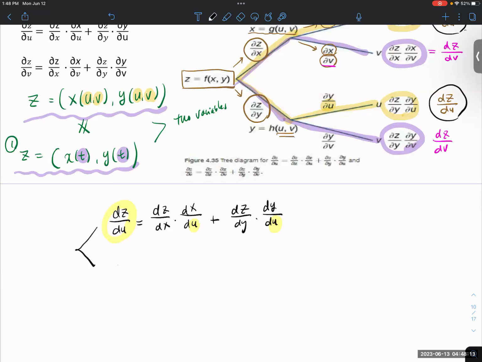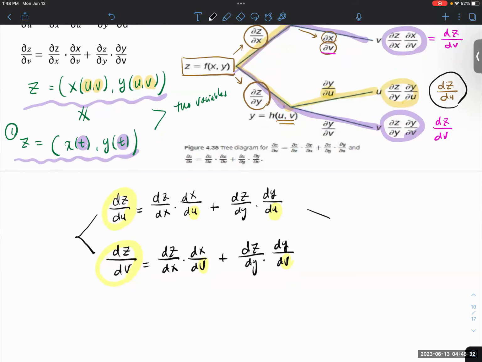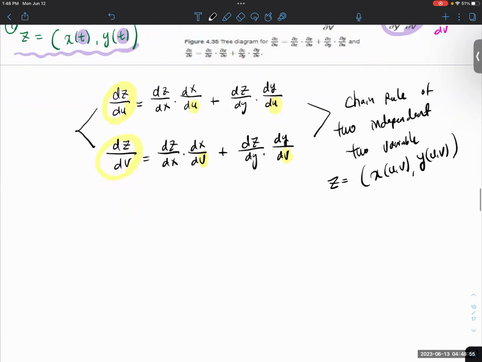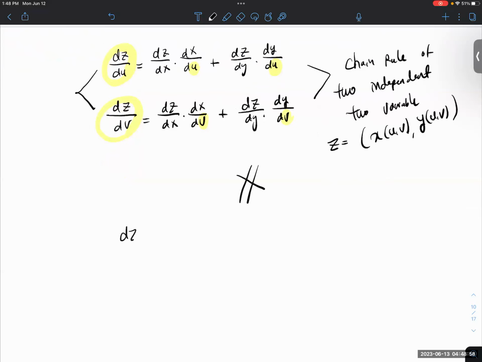And another branch we found out, dz over dv. So dz, first x, and then dx over dv, dz over dy, dy over dv. So at the end, you're going to the v. So this is dz over dv. This is what we call the chain rule of two independent variables, such as z equal to x(u,v), y(u,v). Does it make sense? This differs from what we just talked about,